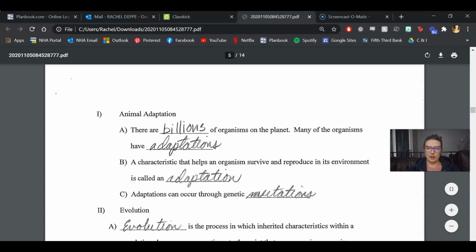So adaptations can occur through genetic mutations. So it's not mutant so much like Teenage Mutant Ninja Turtles, but a mutation is any time that there is a mistake when genes are getting copied, and sometimes those mistakes end up actually working out to help an organism. So it's not like you fall in a vat of toxic waste and you're a mutant. It's when genetic information is getting passed from a parent to its offspring when there's a mistake in the copying of that information. And that causes some sort of change in their features. All right,